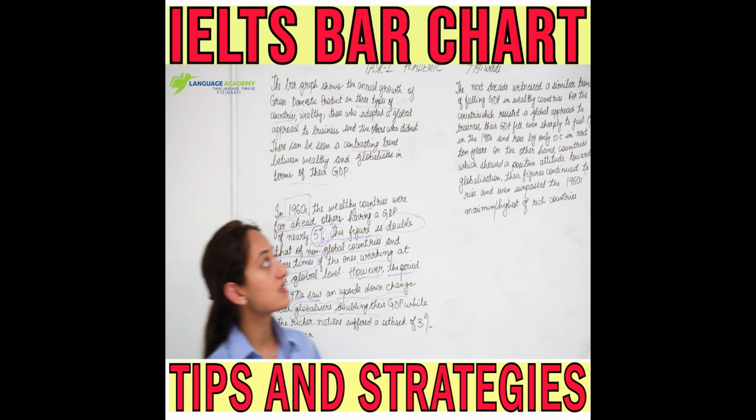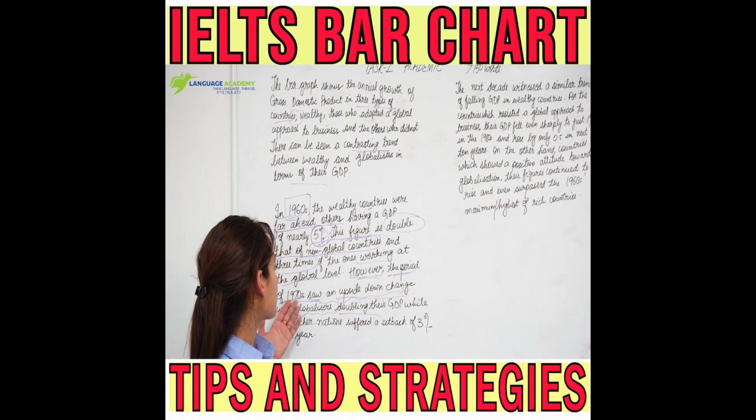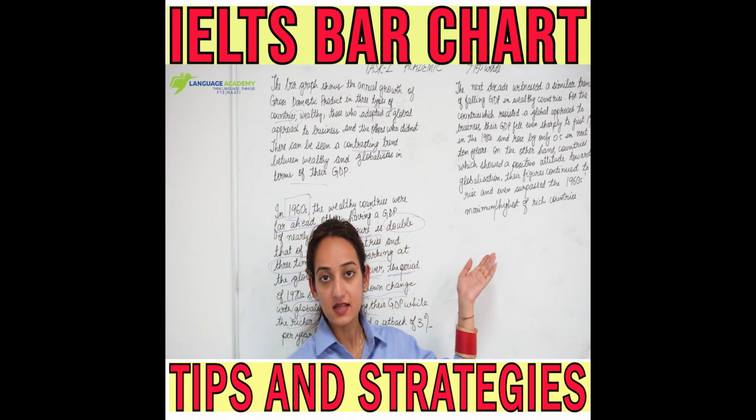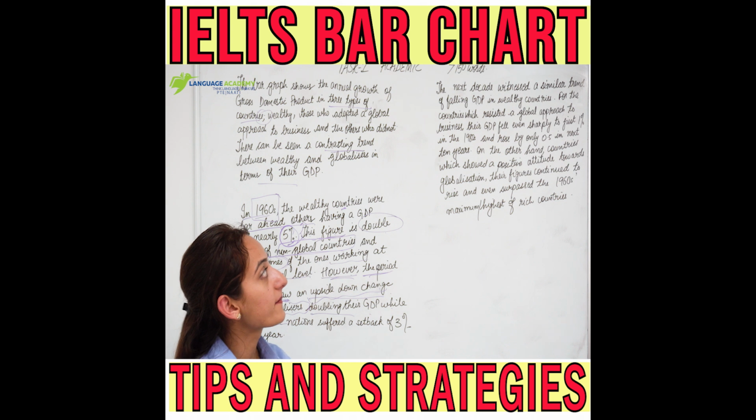So what I have written is "the next decade." A decade is a period of 10 years. We are moving from the 1970s to the 1980s. So the period of the next decade, or the next decade